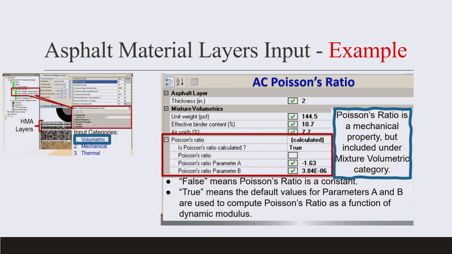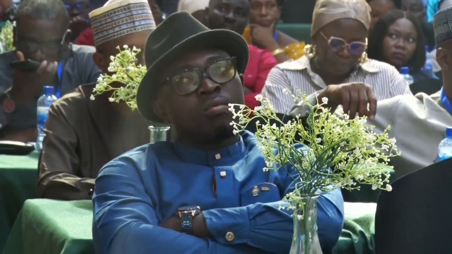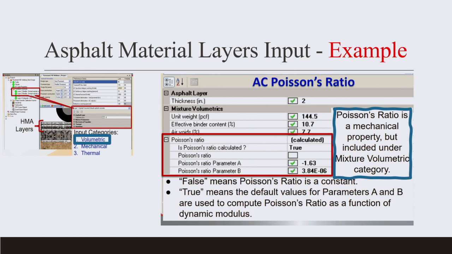So I'm saying this because sometimes at the beginning you don't have these values, and you should know when you do your indirect tensile test and all those, it will give you your Poisson ratio. But just don't enter values. You should understand the meaning of the values and what you are getting, whether it's normal, it's within range, what is happening. So if it was concrete,